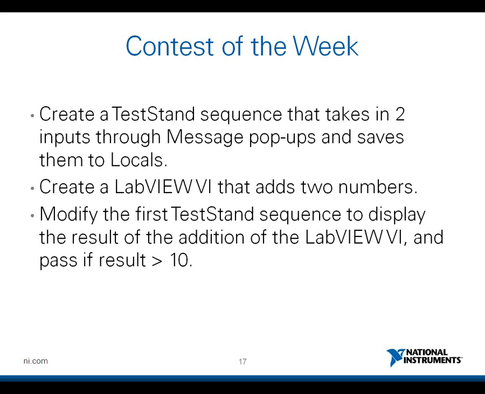So take in two inputs through two message pop-ups, save them to two different local variables. That is the first step. Once you are done with this, you can create a small LabVIEW VI that adds two numbers. Make sure that you wire the connector pane. It will ensure that the TestStand sequence that calls the LabVIEW VI will allow you to